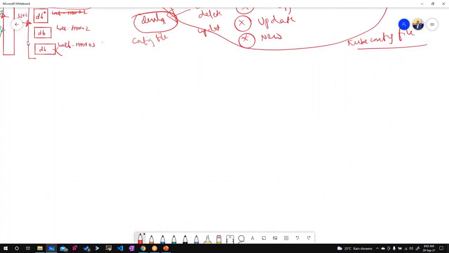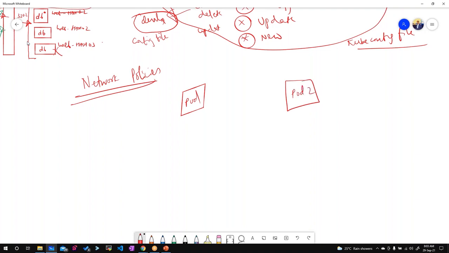So now I can also have control inside the cluster. Inside the cluster we have what are known as network policies. So now there is a pod, and there is one more pod. This pod 1 can freely talk to this pod 2. This pod 1 is in worker 1, this pod 2 is in worker 2, and they can freely talk to each other without any restriction.